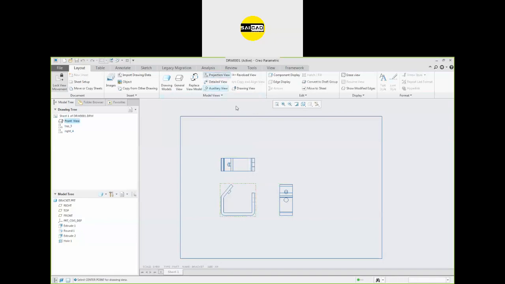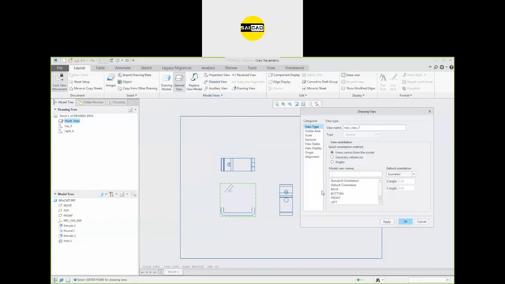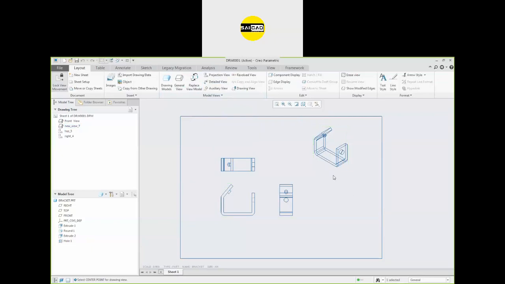If you want to create an isometric view, you cannot do that from the projection. To do that, you just have to go to the general view, click OK, and click anywhere and use the view, render, isometric, and apply. Okay, click OK, and here is the view.